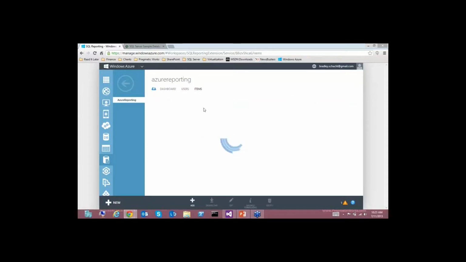The other thing that we have over here is items. And this is the management piece for creating different items inside of the Azure Reporting Services portal. So there's only a couple of things that we can do here. You only get to create a folder, upload a report, or create a data source. So those are really the only three options that we have in order to build things inside of the Azure